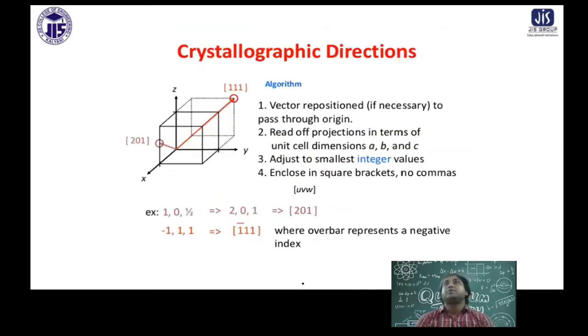Now, the important issue is crystallographic direction. Now, you look at the picture here. Any point here is defined by a crystallographic direction. So it's a vector, like this. Read the projection in terms of unit cell dimensions a, b, c. Adjust it to the smallest integer values and enclose in square brackets, and no commas are put. Okay. For example,